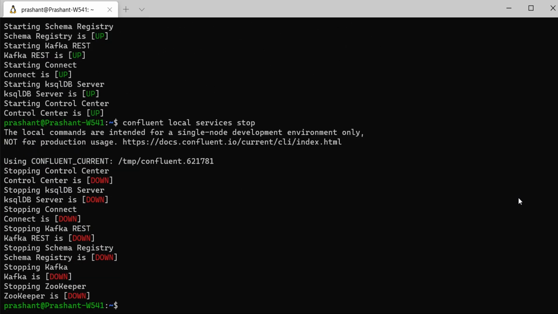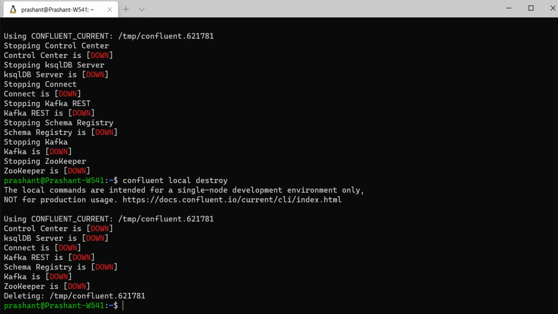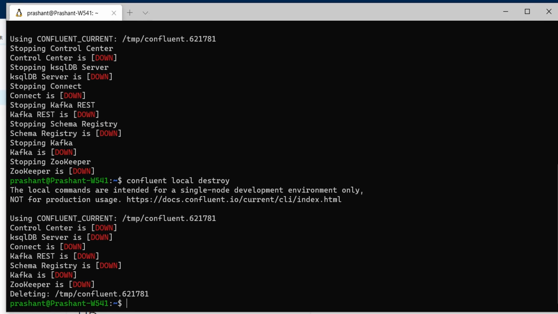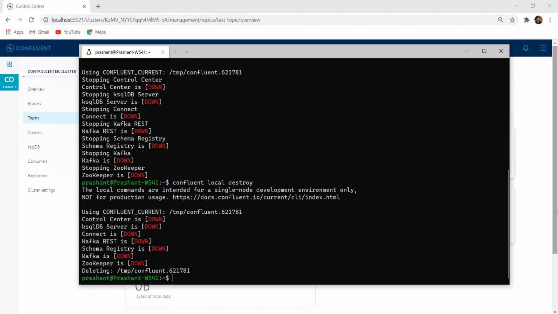Once closed, you may also want to clean up all the data and topics. You can do it using the following command. If you start the Confluent platform again, you will again see it in the initial state. You can create new topics, produce and consume data, and use it as your local development cluster. That's all I wanted to show you in this video. We'll start creating some Kafka applications in the coming video and use this cluster for our development and testing. See you again. Keep learning and keep growing.